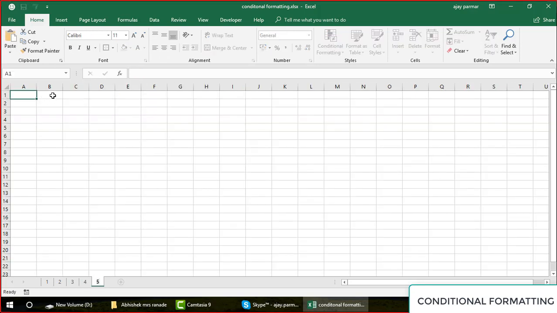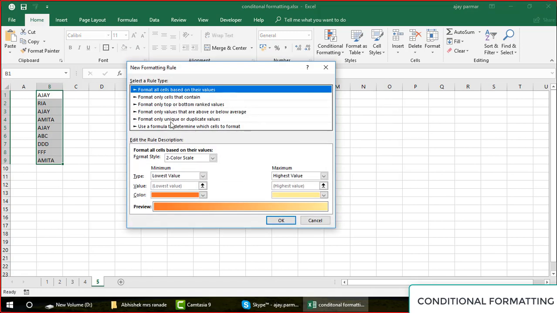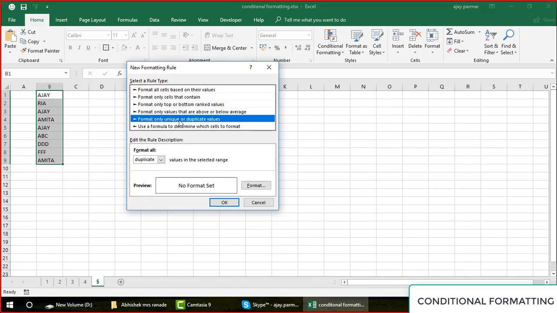Okay, let's say I write here some names. Now you want to highlight, let's say, the duplicate values. So if you want to highlight the duplicate values, you select this, go to conditional formatting, new rule, and here we have an option called format only unique or duplicate values.